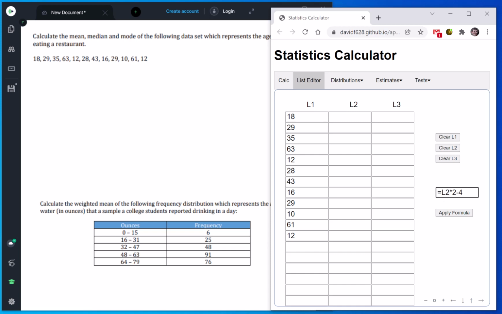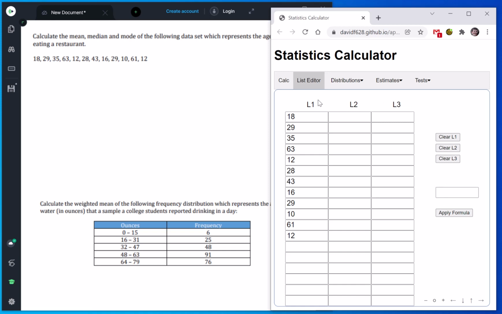Right, so L2 is where we want to store the data, and that's equal to the data in L1 times 2 minus 4. There we go. Like I said, it's not something I use very often, so it's probably something you won't use really ever at all, but it's there in case you're interested. So let me just clear out the stuff in L2 there. All right, now,